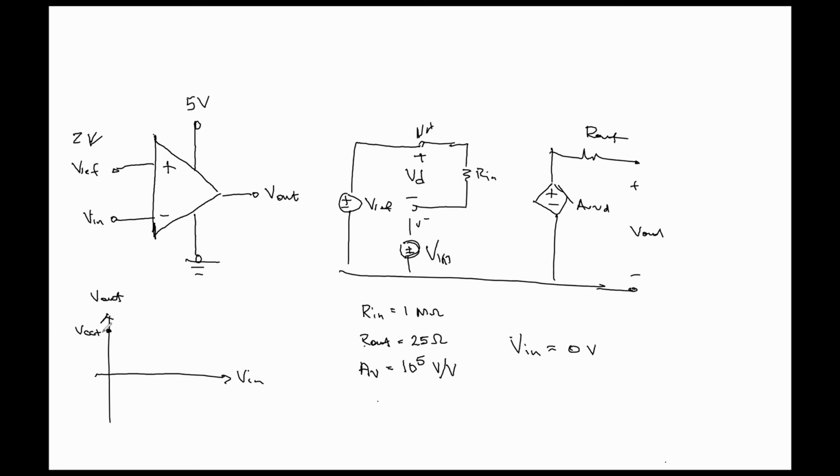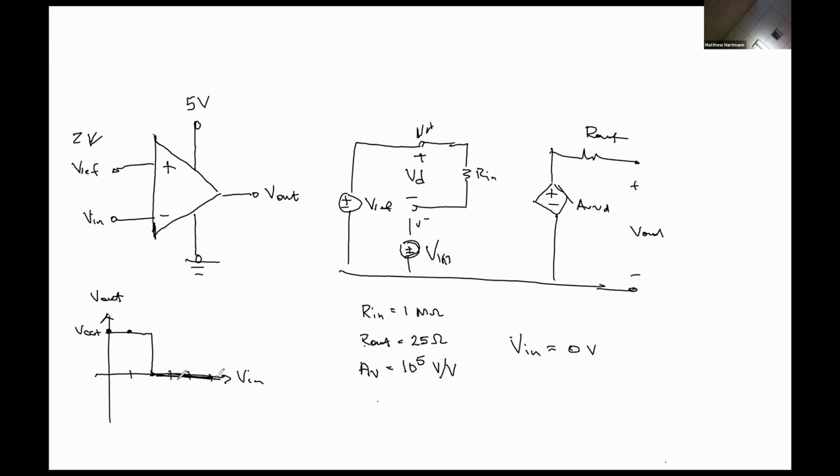At 1 volt, for Vn equal to 1 volt, Vd is 1. So 100,000 is still greater than 5 volts. So it's going to stay there. 2, 3, 4, 5. At 2 volts, it's going to drop down to 0, and then it's effectively going to stay at 0. So we have an inverting comparator